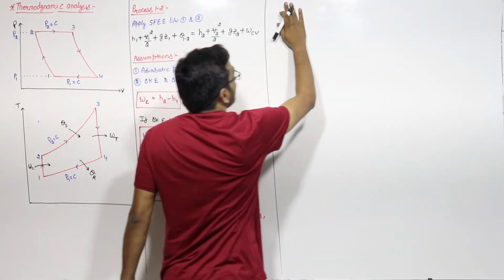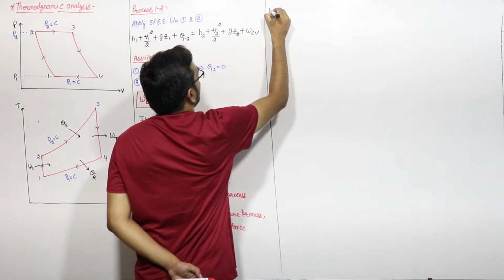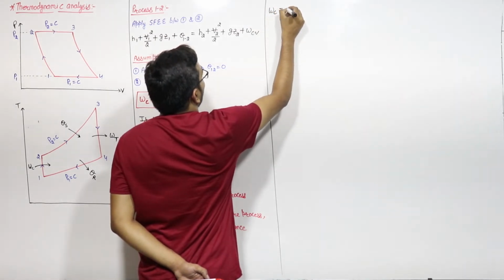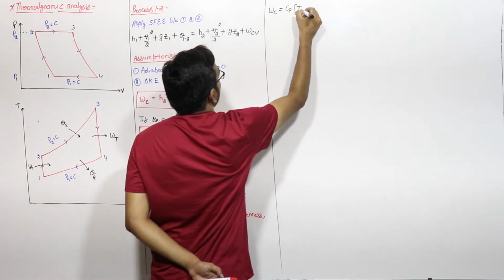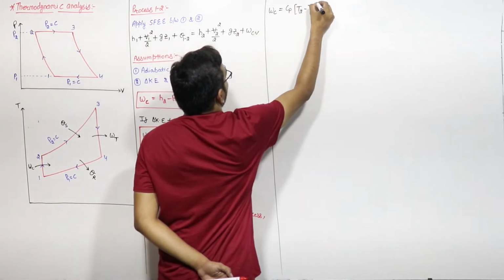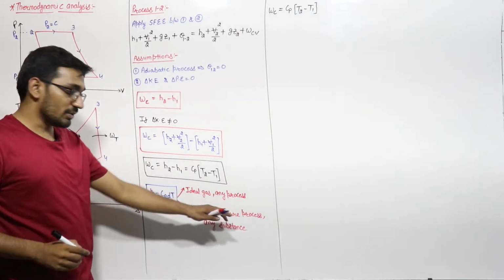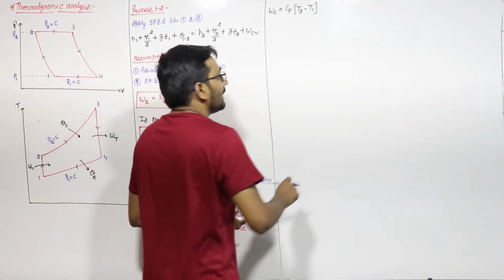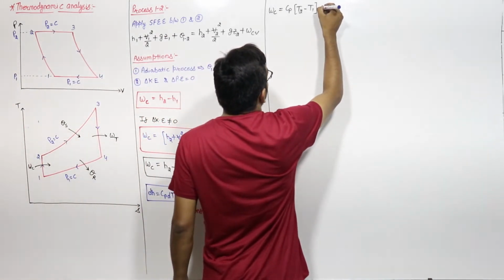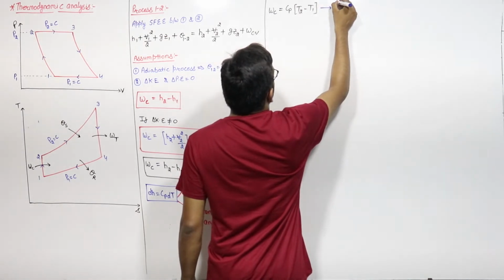Now I am writing some things which will be required by you. Work required by compressor can be written as Cp into T2 minus T1. This is a compressor process. This is not a constant pressure process, so this will be eliminated. This can be written only when the assumptions of writing this equation hold. First assumption is